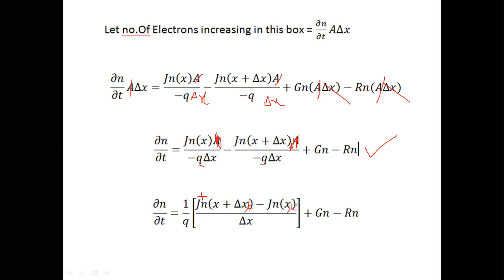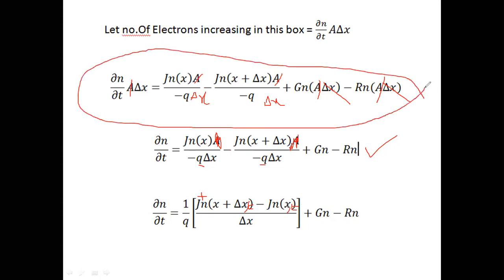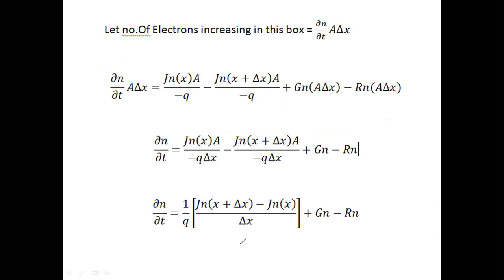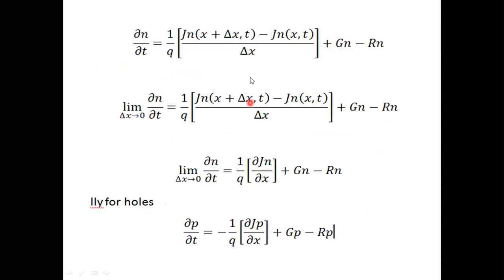Okay. Means the current density at point x plus delta x, increasing with respect to time t also, I am adding here. Likewise the current density at point x with respect to time t I am adding here. Means in this main equation, we have represented current density in terms of space. It will also depend upon time as well. So I'm adding time t here. Okay. And now this equation becomes like this, comma t, right?